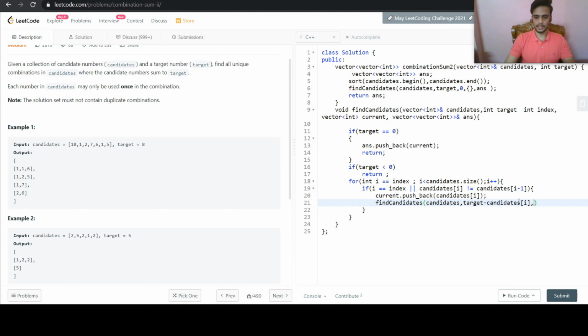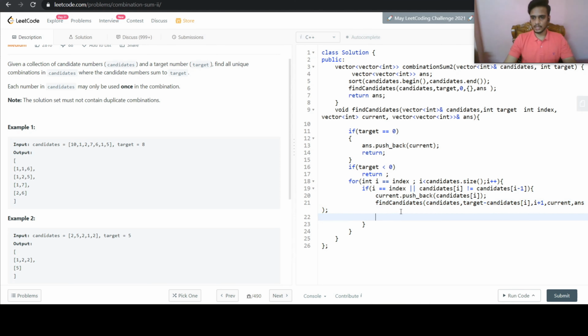And then we will have i plus 1, to move ahead to the next value, and then the next parameter is the current vector, and the next parameter is the answer vector itself.